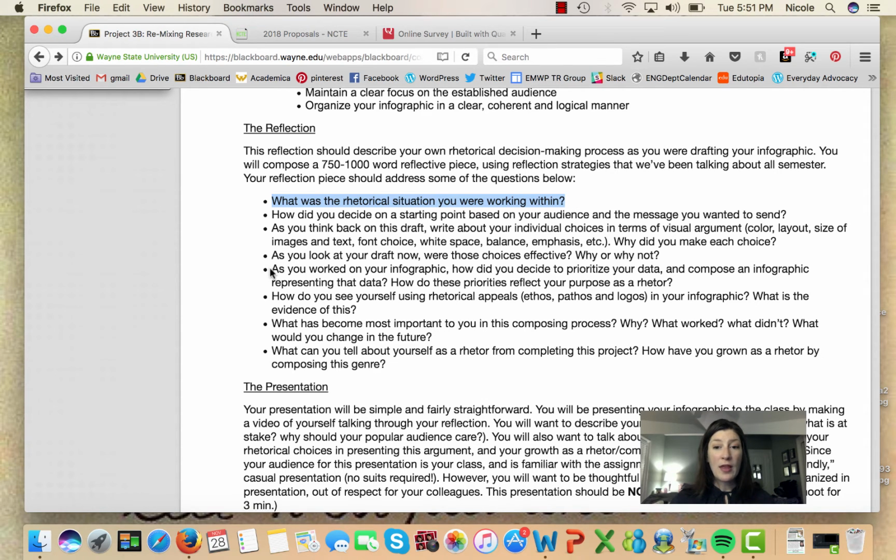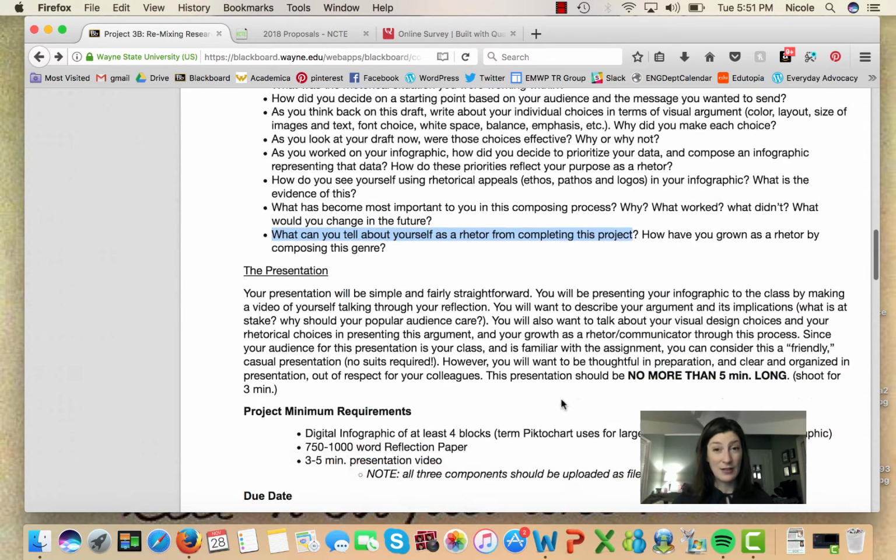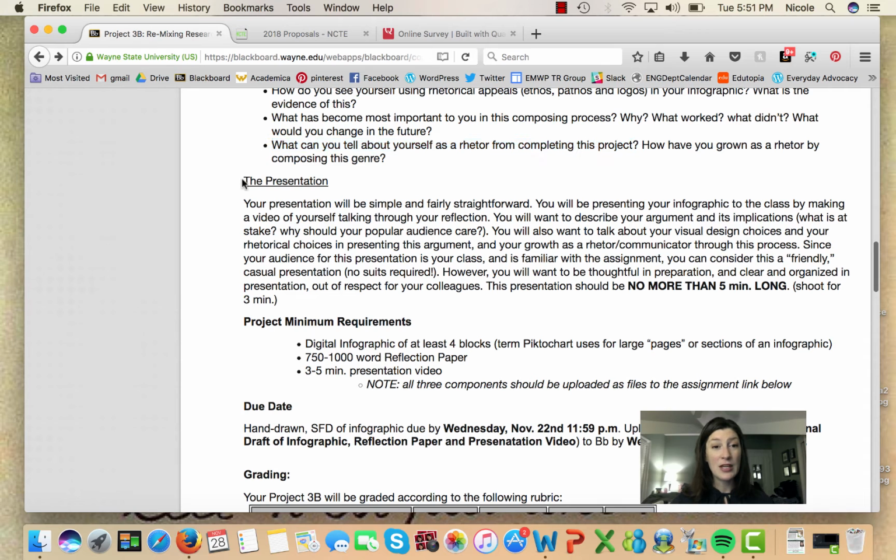You also want to think about your visual design. How did you use color, layout, and size, and what can you tell about yourself as a rhetor from completing this project? If you hit those 3 prompts at the very least, you'll be super prepared for the third piece of this project, which is a brief